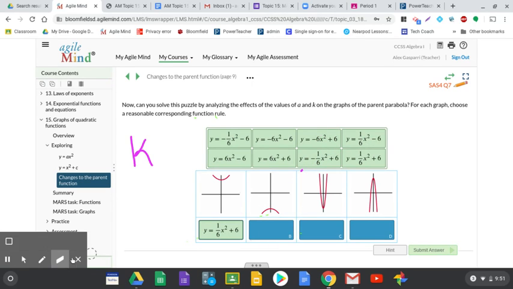All right. Same idea for the next picture. But now my parabola got shifted down the y-axis. So I know my k value has to be a minus. So I'm going to delete everything that has a plus. It also is upside down. So I know my a value has to be negative. So that's going to eliminate these 2, right? And again, since it's a wider version, it's a compression. So your a value has to be a fraction or a decimal less than 1. All right. And then the last 2,